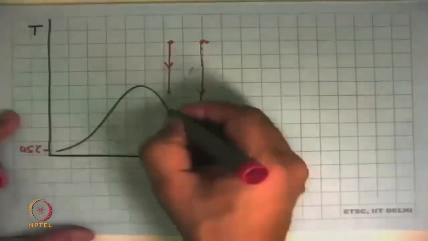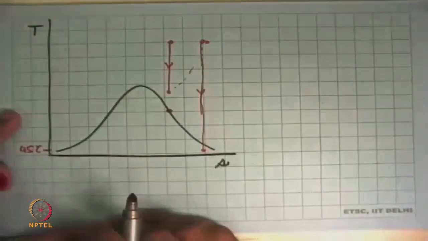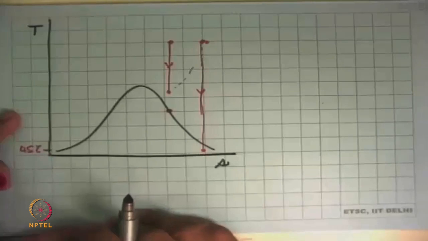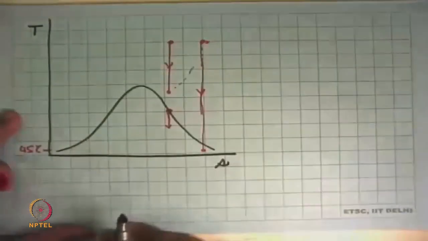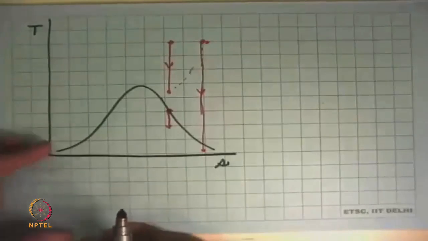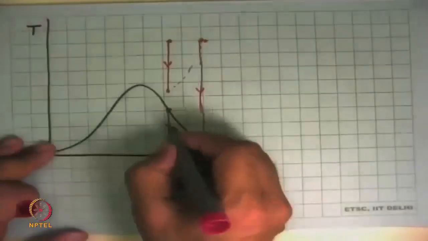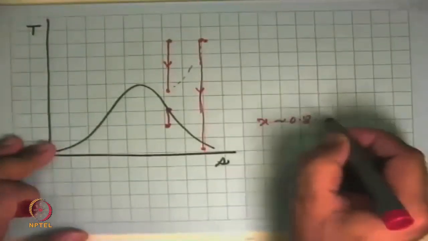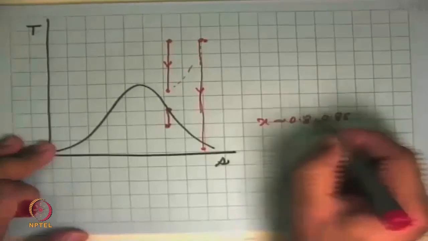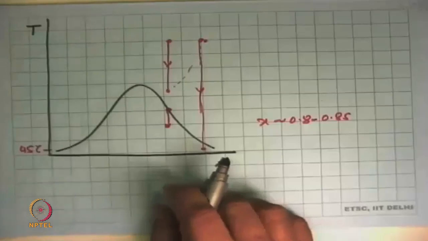Nuclear turbines would have pressure somewhere, say over there. They produce dry saturated vapor from a nuclear reactor, and this is expanded. And as you keep expanding, the quality keeps going down, so the engineering keeps getting complicated. So we say, okay, I will come to a point where x is of the order of say 0.8 or 0.85, and then I cannot tolerate too much liquid in the turbine. It will break my turbine.